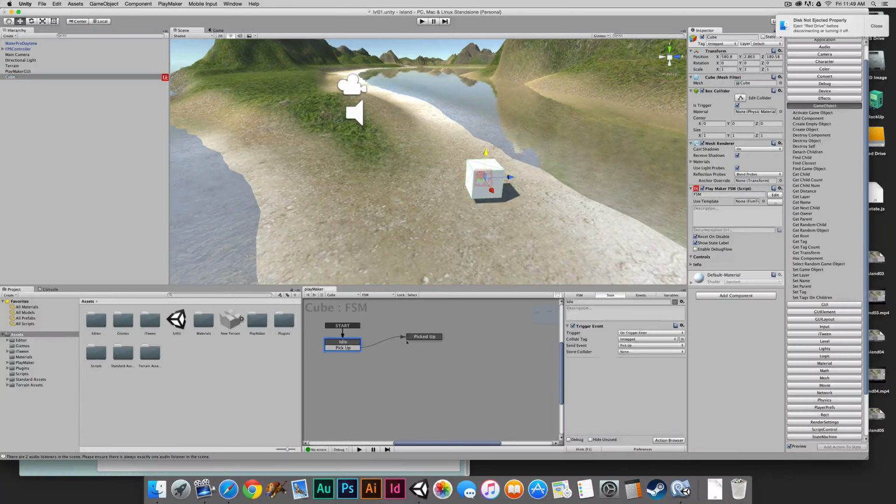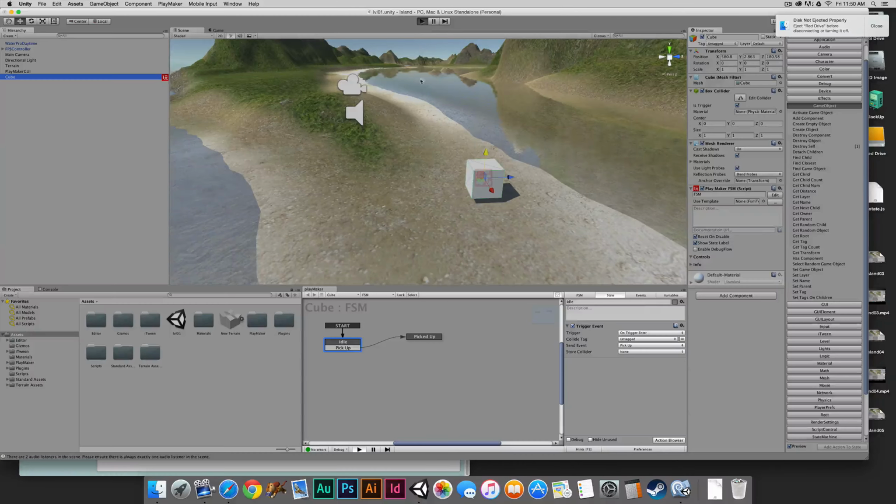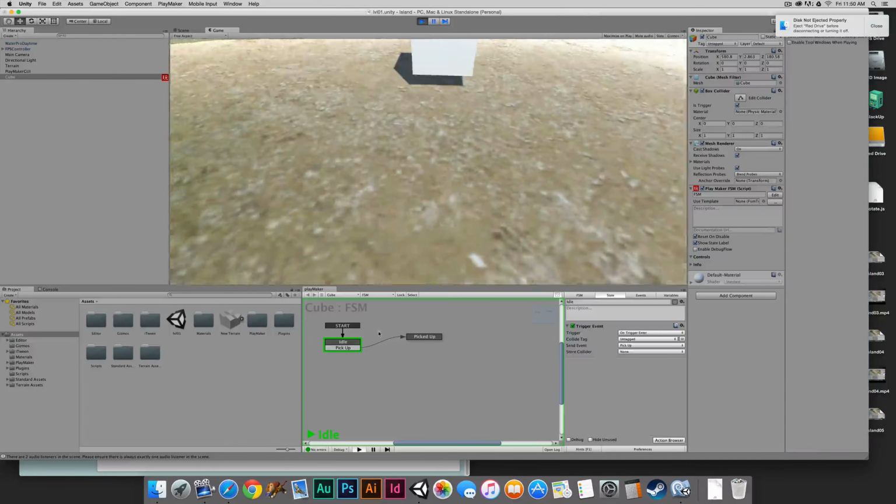This cube is listening for a trigger event with objects that are untagged. Okay, and now if I go to my first-person controller or my player object, and I see that its tag is untagged, if I were to tag this with something, in this case it would be appropriate to tag it as the player. I'll go back to my cube, and when I hit the play button,